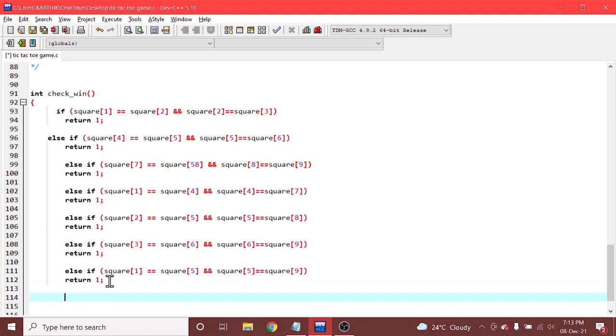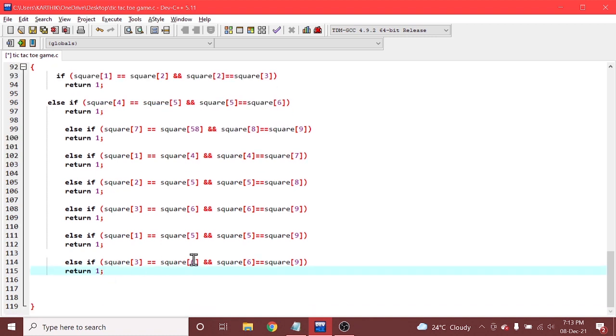And similarly I'm checking for the other side, that is from 3, 5 with 7. Yes, 7. This is the checking for diagonal elements.